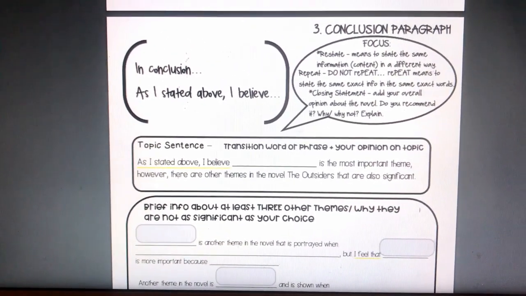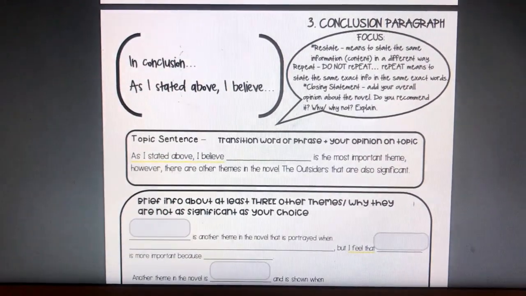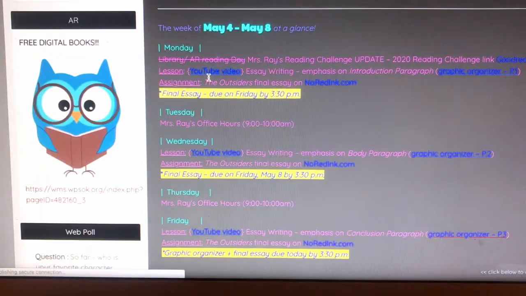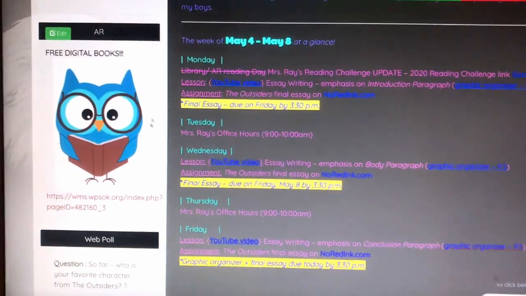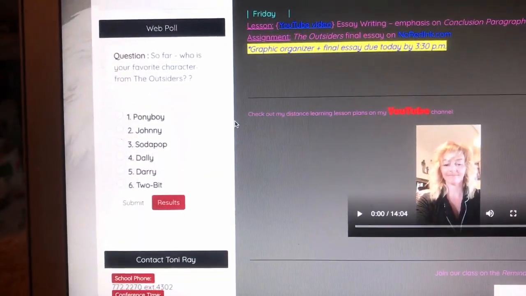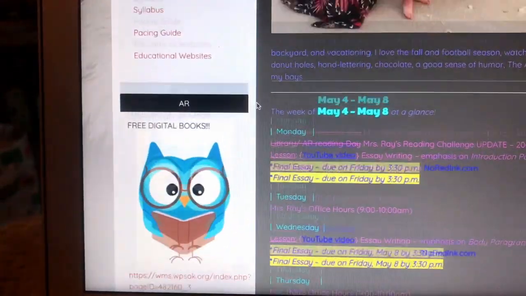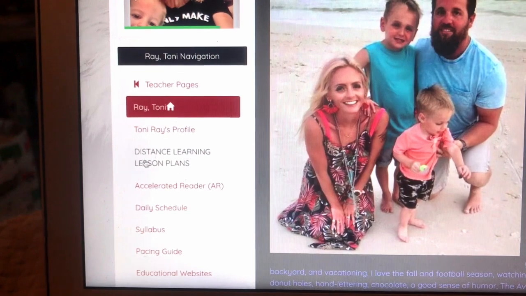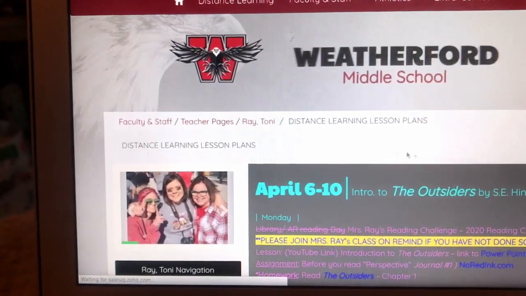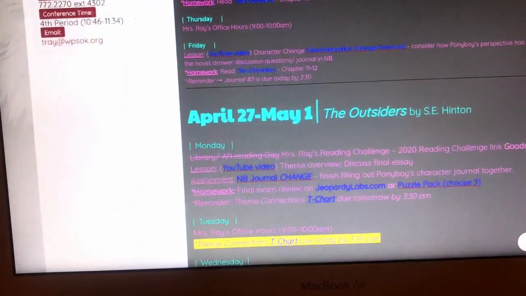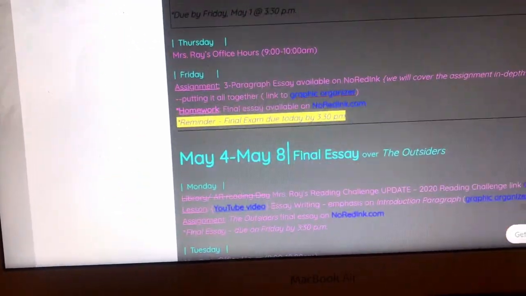Your blank copy would be found on the distance learning part of my homepage. So if you go over here to the left-hand side and scroll up to where it says distance learning lesson plans, then you can access that by going to May 1st,